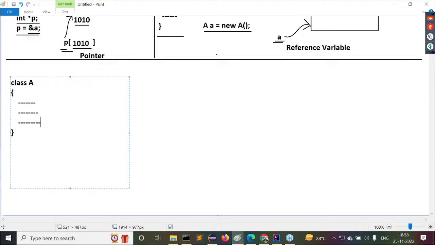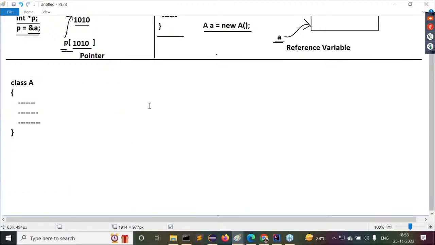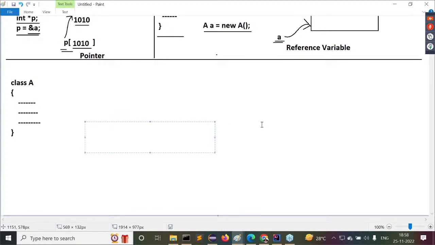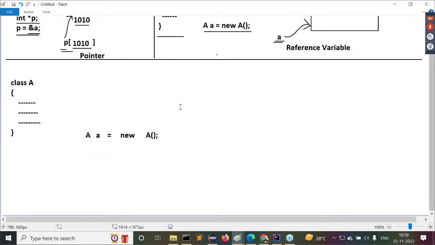This is my class A. Now I want to create an object for this class A. So we use: A a = new A(); the constructor. Got my point or not?